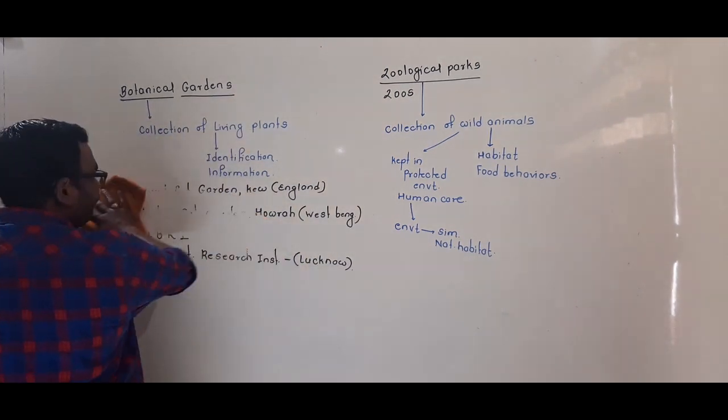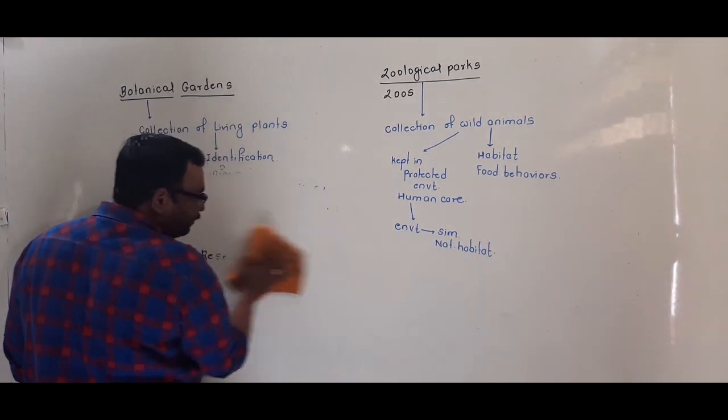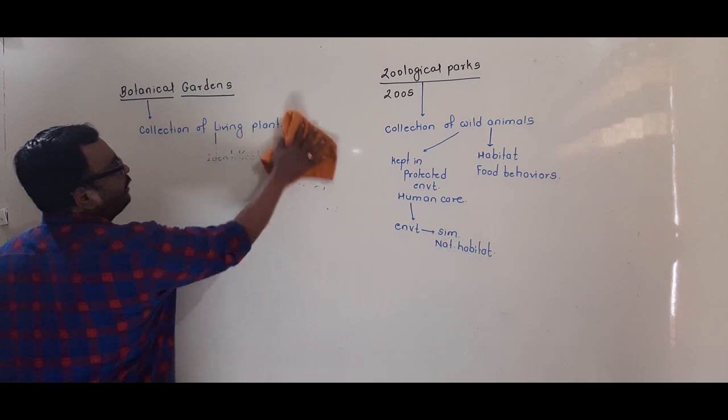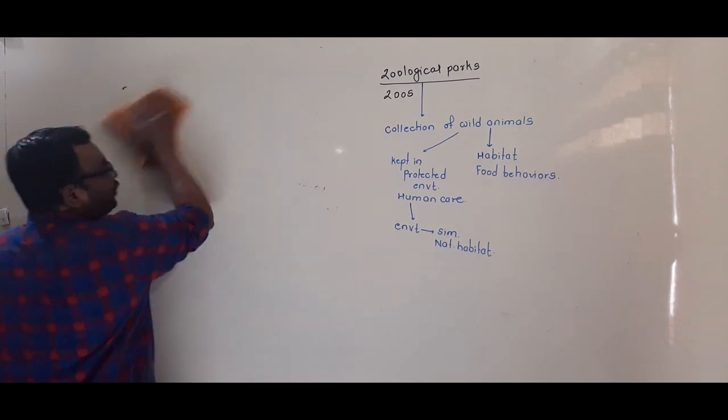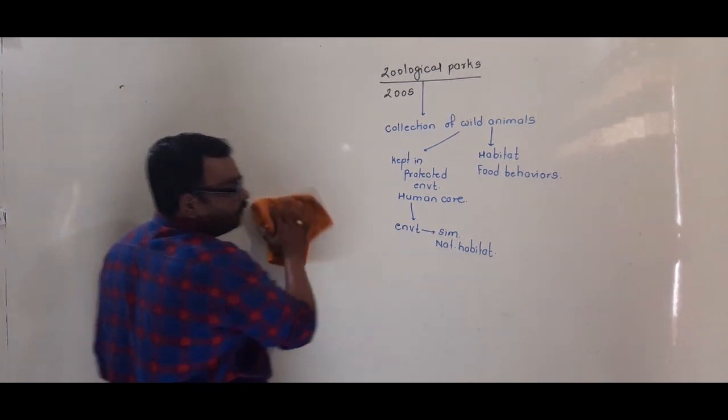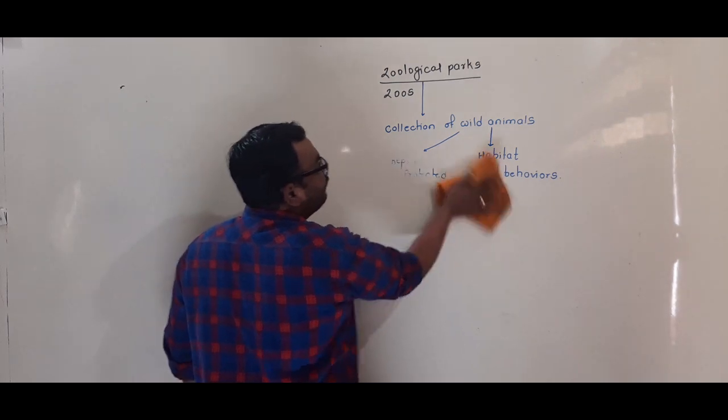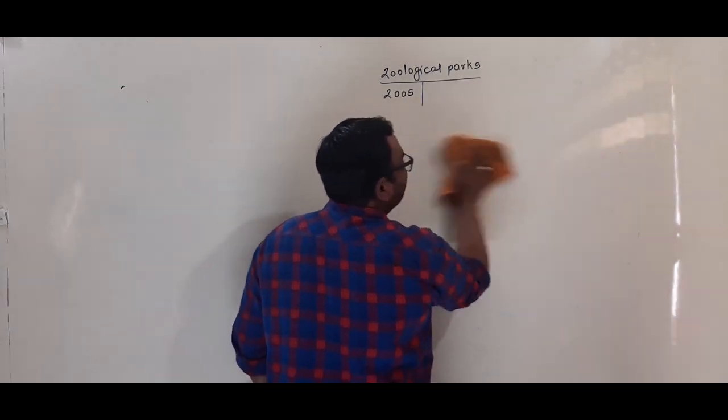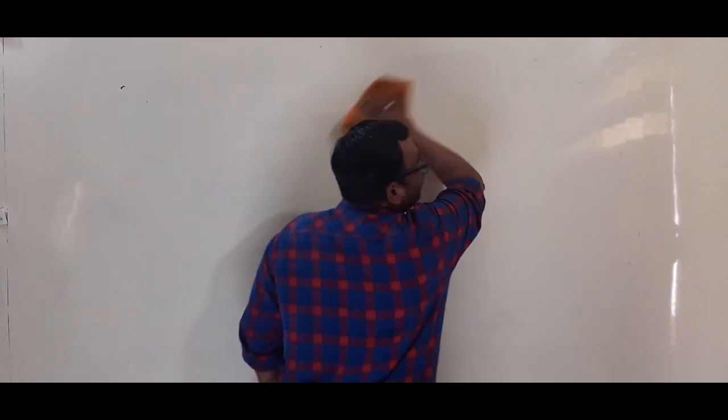The first one, a collection of plant specimens that are dried, pressed and preserved, is called herbarium sheets. A collection of living plants is called botanical gardens. And whenever there is a collection of wild animals, am I right, that is considered to be zoological parks. Now, another taxonomic aid which is generally used in schools, colleges and institutes is called